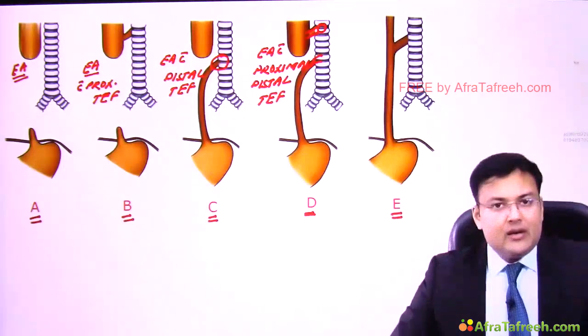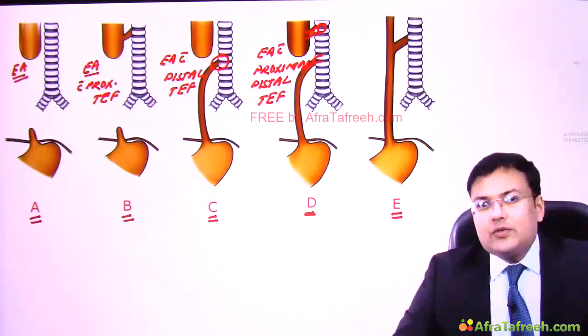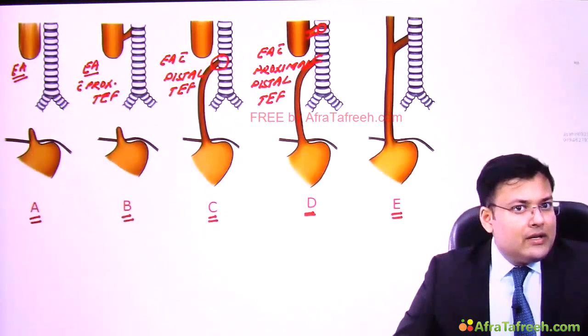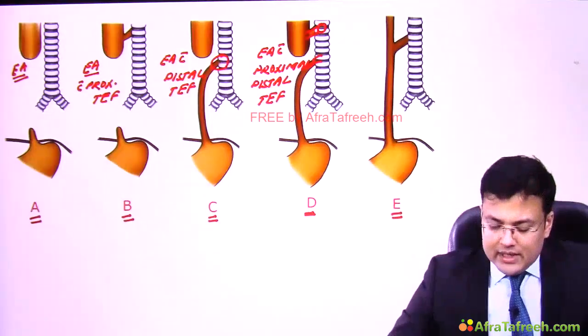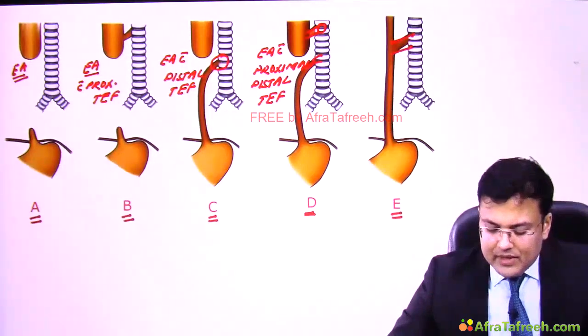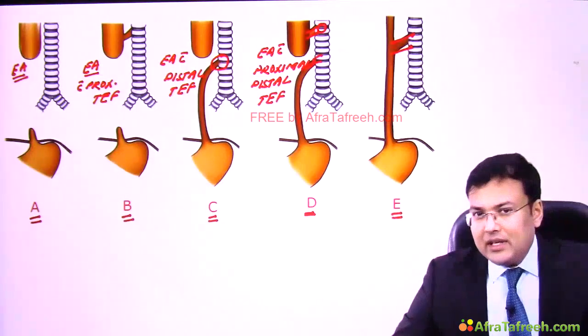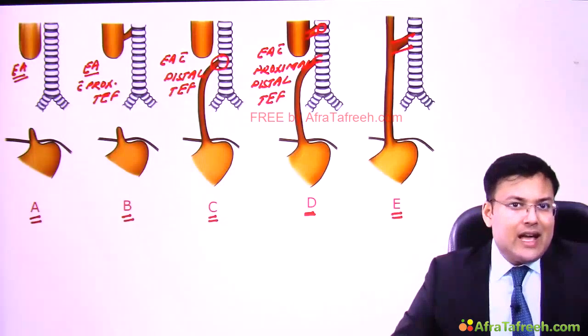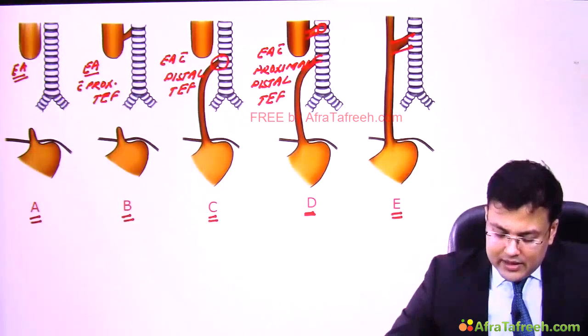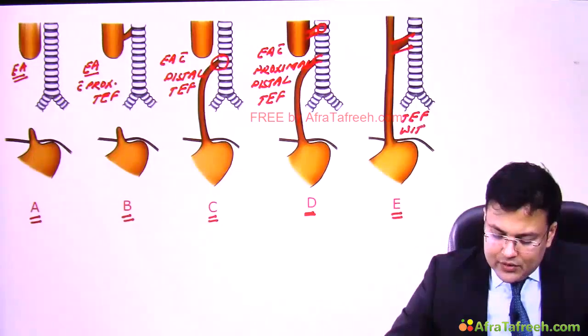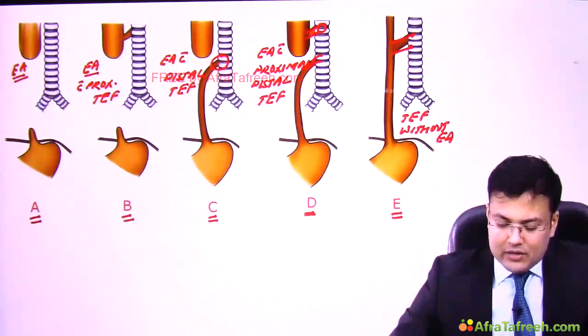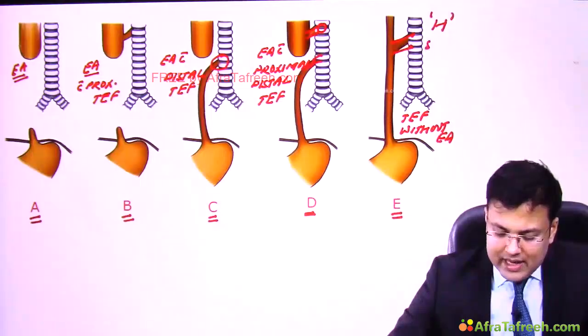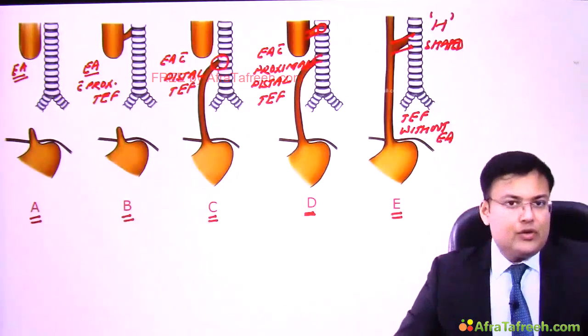In type E, there is no esophageal atresia, there is only tracheoesophageal fistula. So here you can see that there is only fistula, there is no atresia. And what is the other name of type E? It is H-shaped fistula, tracheoesophageal fistula without esophageal atresia. Clear? Can you see how it looks like? H. So that's why it's known as H-shaped tracheoesophageal fistula.